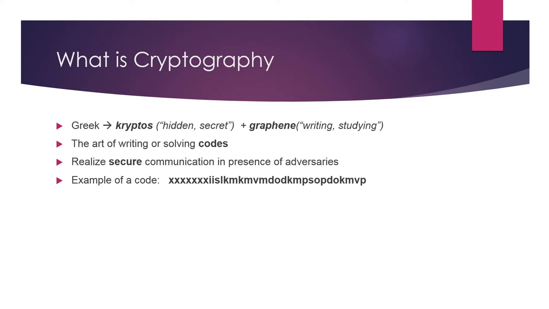But I want you to realize that it might be a code for some person. It might be a form of secret message which you and I are not able to understand, but the recipient of the message, or the person who wrote it, might have some meaning behind these scrambled words. We might not realize it at this point of time. So this is an example of a code or a hidden message which is not meant for everyone to read.